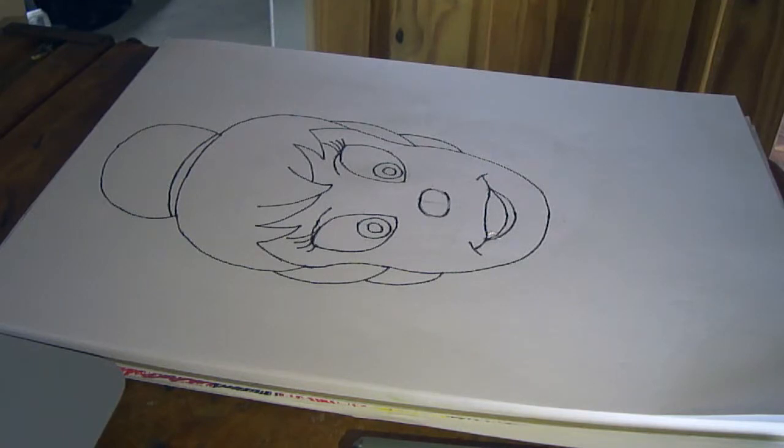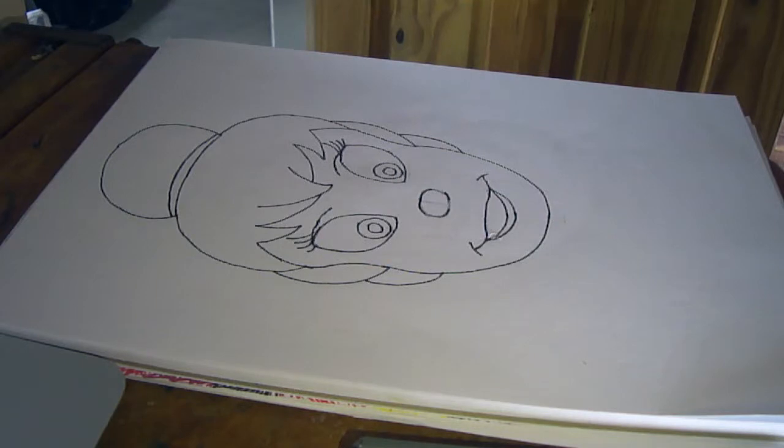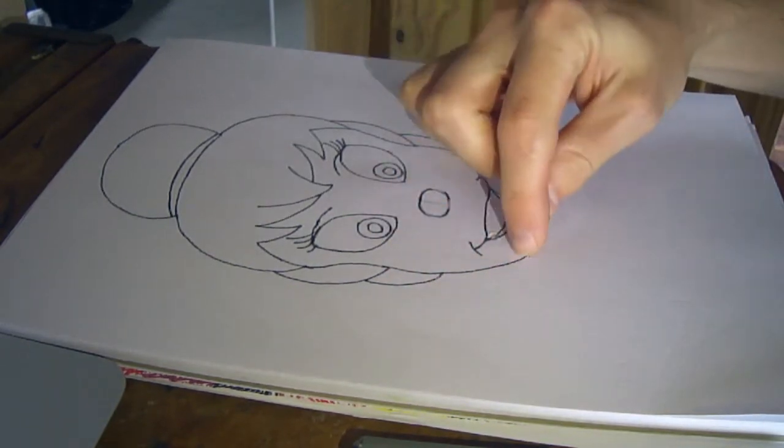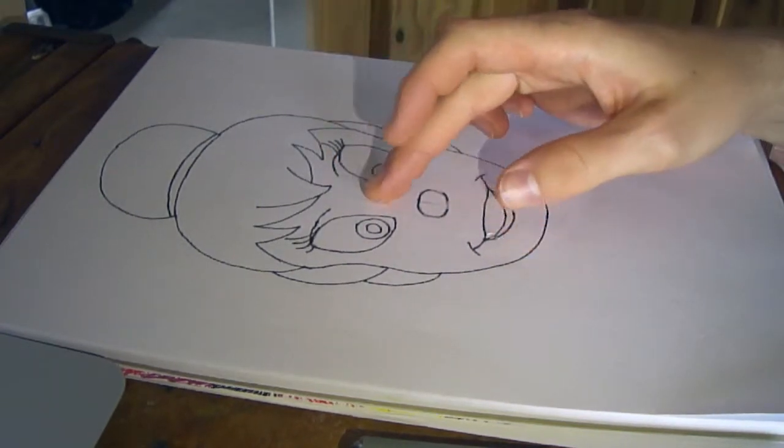Okay, so now we're on to the colouring of Tinkerbell, and I'm just going to do a few techniques that make the drawing look a lot more realistic. Things that you see on a lot of Disney animation colourings is they have, next to the outlines, a darker shade of what the colour inside is going to be,